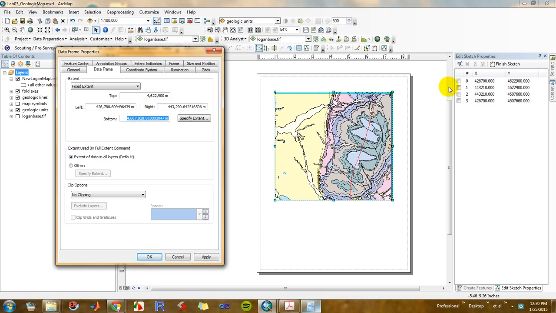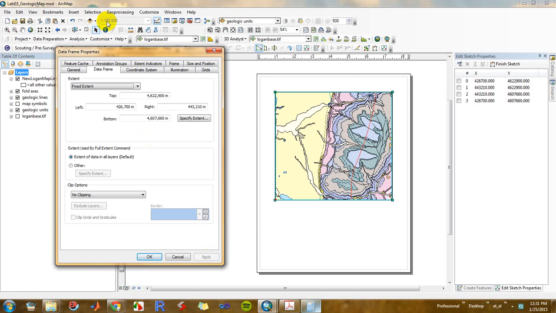On the bottom, it's going to be 4, 6, 0, 7, 6, 6, 0. Okay. On the right, it's going to be 4, 4, 3, 2, 1, 0. And on the left, it's going to be 4, 2, 6, 700. So we'll just get rid of that. Right? And so if I hit apply,